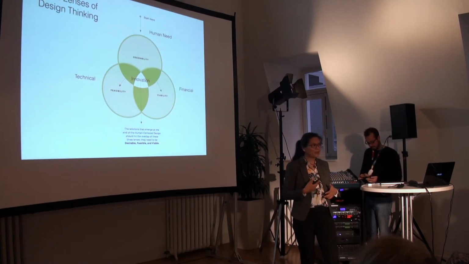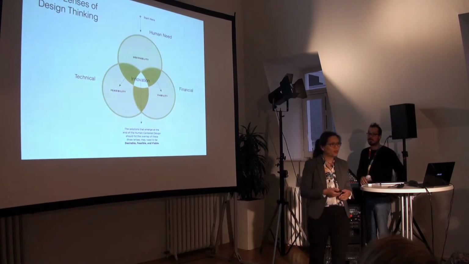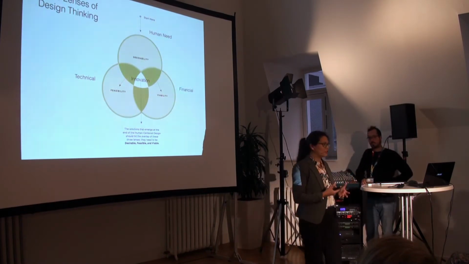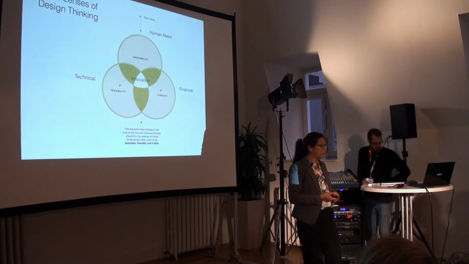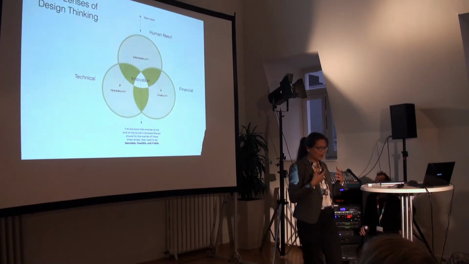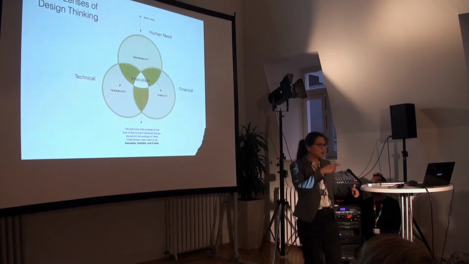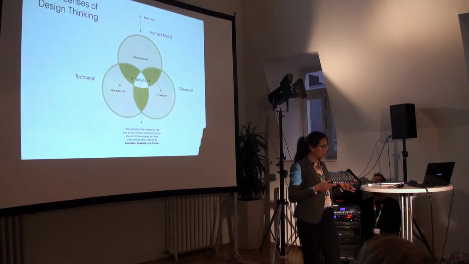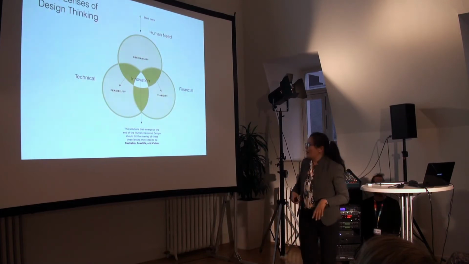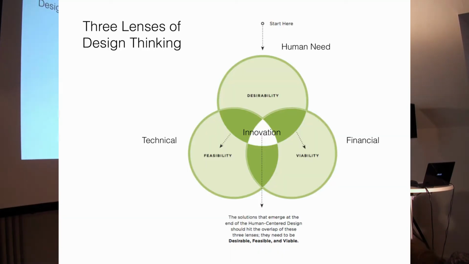So I guess design thinking is something most people have heard about. It's a human-centered problem-solving methodology. It consists of several mindsets, and the methodology is far from linear. It goes from one to the other as long as you're using the mindsets, and it starts with empathy because it really is human-centered. So how do we do this? There are three lenses to design thinking: desirability, feasibility, and viability.